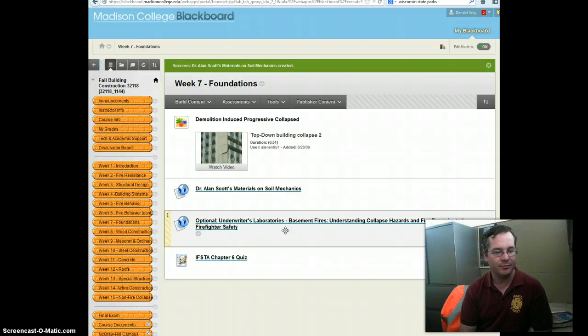And the materials are not required, but I think they do a good job of highlighting the hazards associated with working on the first floor, on the grade level floor of a residential structure when there's a fire in the basement. It wasn't Wisconsin's most recent firefighter fatality, but